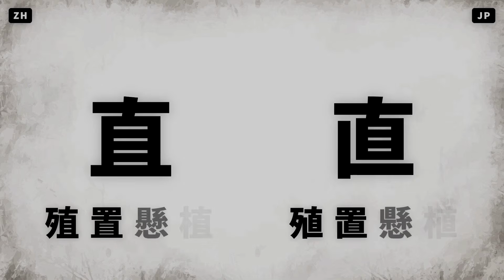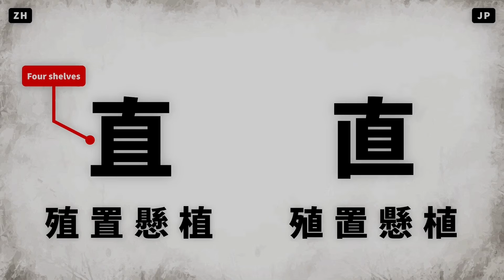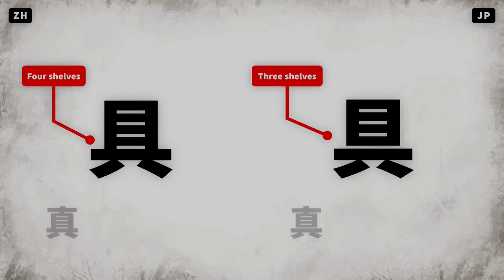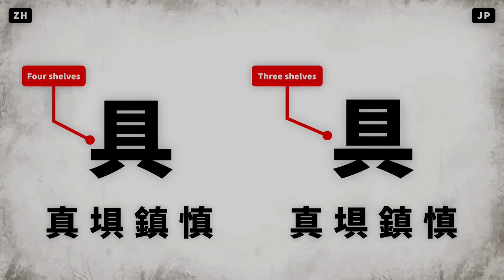This character, meaning straight, as well as other characters containing it, are different in both languages. The Chinese one looks like a bookshelf with 4 shelves, and the Japanese one like a bookshelf with 3 shelves suspended over a right angle. If this shape has legs at the bottom, the Japanese counterpart also has 3 shelves, but doesn't include the right